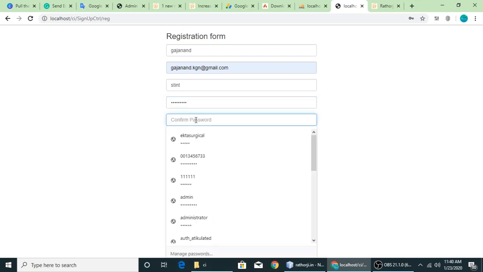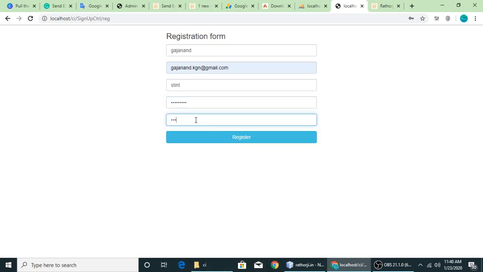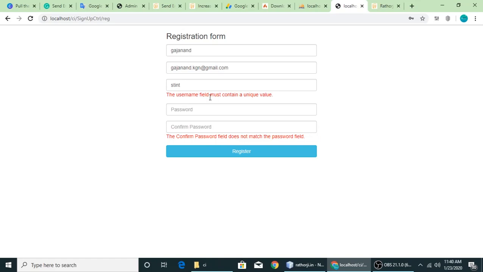and putting confirm password. For the confirm password, I am putting a different password. It will not match here and here. It's a completely different password. So when I click on register, it will show the username field must contain a unique value, because this username is already existing in the database, and this confirm password does not match,